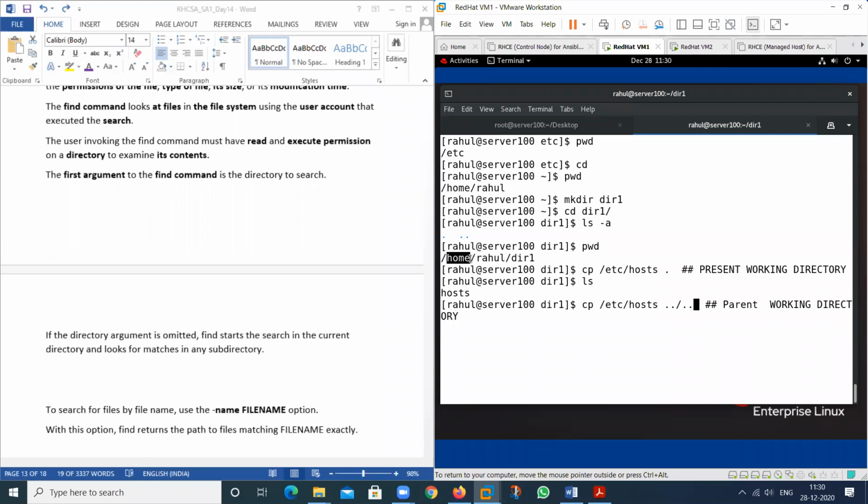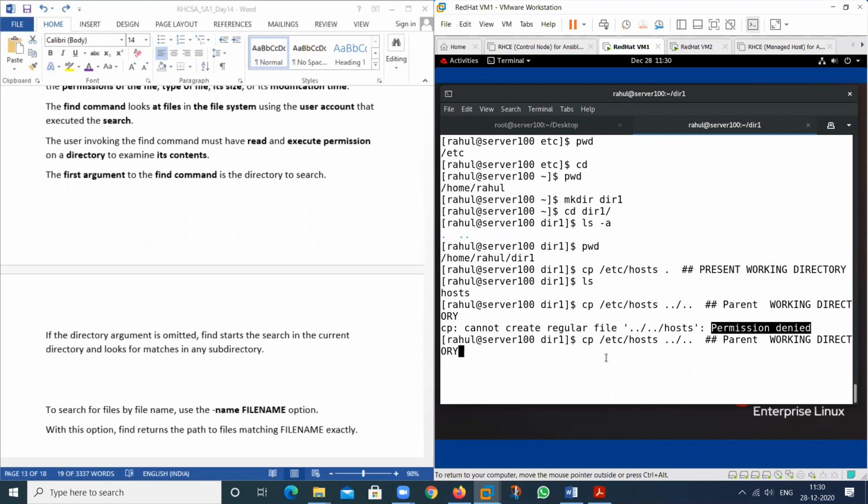So this is my parent. In this we have Rahul, this is my child. In Rahul, we also have a child, dir1. So it will exit from dir1 first, then again Rahul. Then this will move to which particular location? But see here, at this time we are not able to perform this command because of the permission. Because in home there are no rights to move me. So we only have the permission in my home directory, not in that directory. So this will give me an error because of the permission.